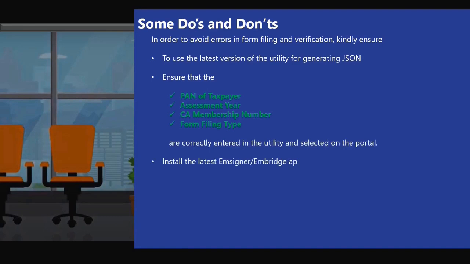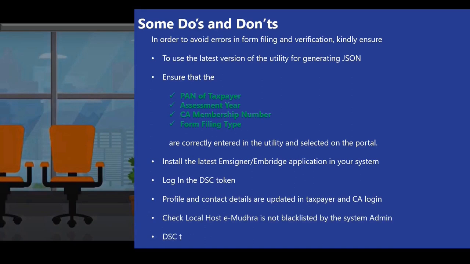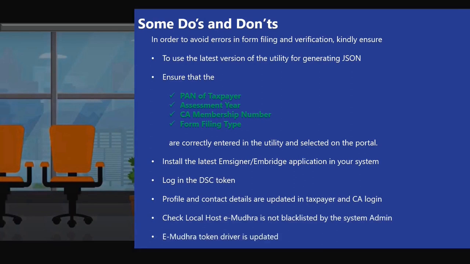Install the latest emSigner Embridge application in your system. Log in the DSC token. Profile and contact details should be updated in taxpayer and CA login. Check localhost eMudra is not blacklisted by the system admin and DSC token drive is updated. To know more, you can